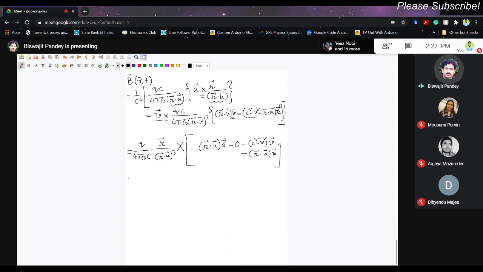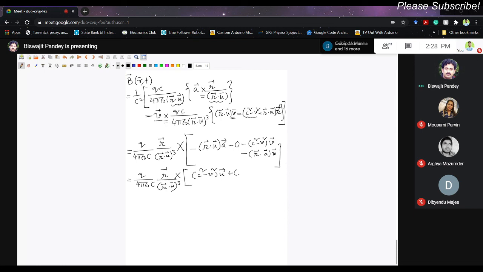Let me write this: q by 4 pi epsilon 0 c, curly r divided by (r dot u) whole cube, into... We have a cross product here, and if I write it this way, let me see what will happen. r cross (c square minus v square)... Okay, let me first write down this: (c square minus v square) into u